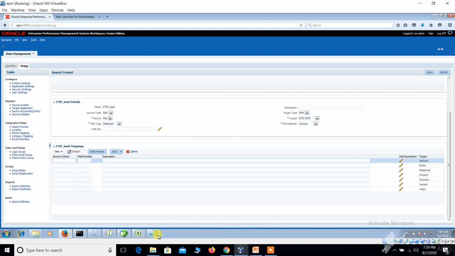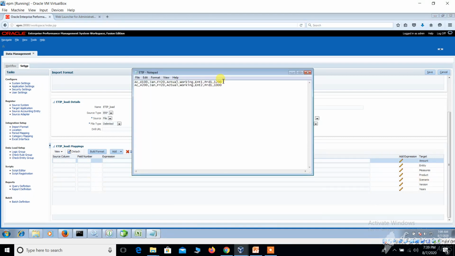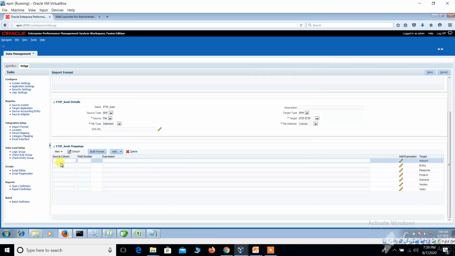In the flat file we need to find out on which position the amount is. Counting 1 2 3 4 5 6 7 8, it is in the 8th position, so we can give the amount field number as 8.